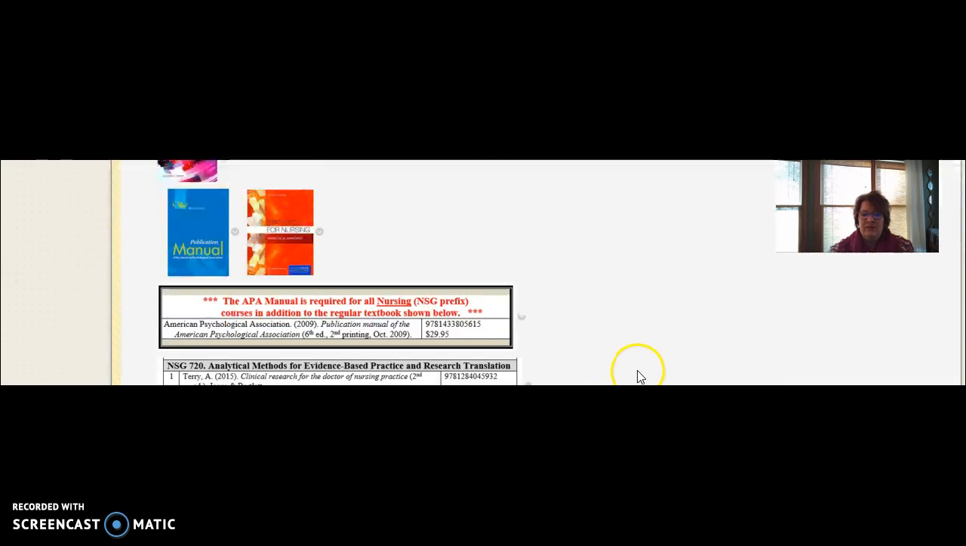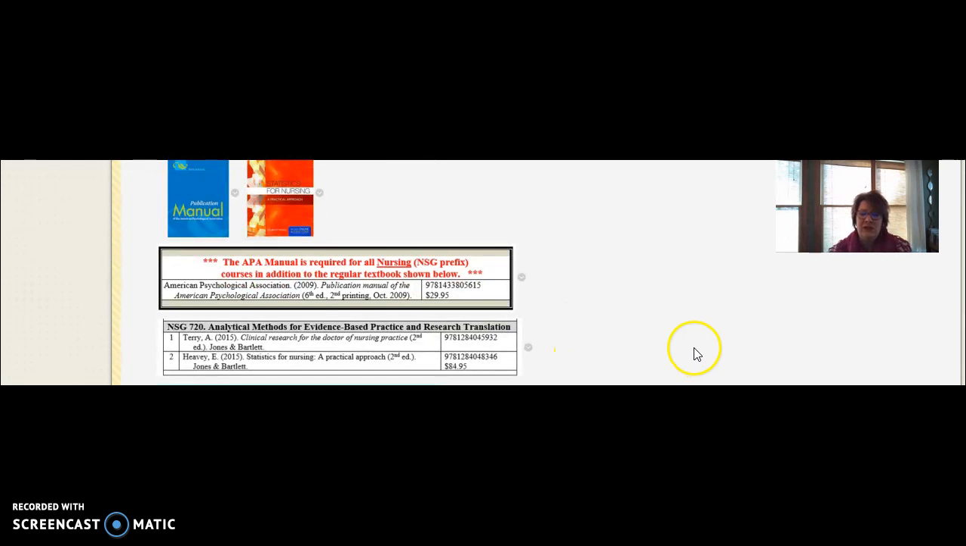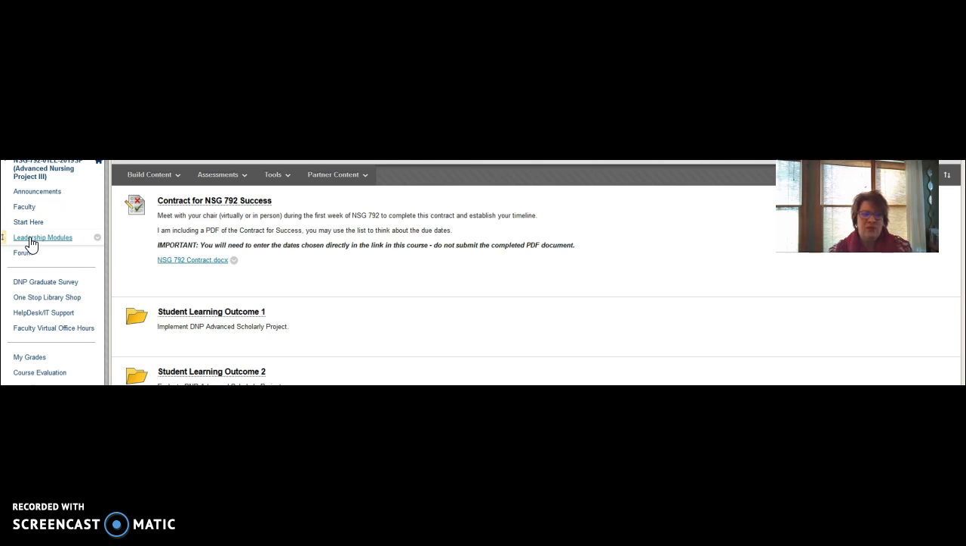There are some general textbooks, and just know that the 2 textbooks are for resource purposes. You don't have to go out and get them. I believe you may already have them. But the one that is mandatory is, of course, the APA manual. So that's kind of an overview of the Start Here section, and then we're going into the leadership modules,